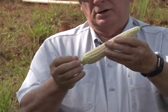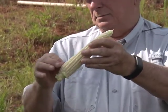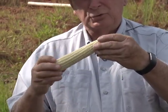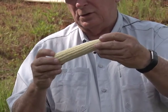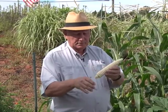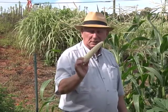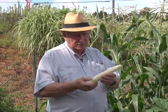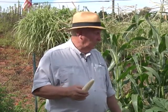And you see here, we're starting to form a pretty nice ear of corn right here. I don't see any skips on this ear of corn. So now we're ready to just keep putting the water to it till this develops, and it's going to develop into a really nice ear of sweet corn. So that's just a few tips about what goes on with